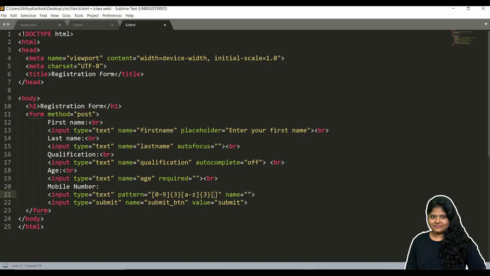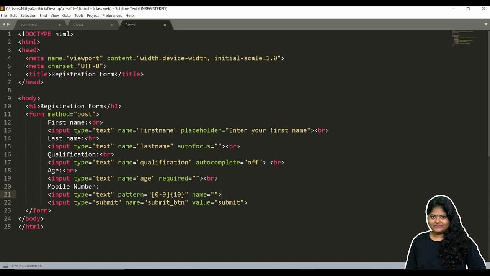Again we can give capital A to capital Z, which should be at least 1. This is the format which can be used for a password. But here ours is mobile number, so let it be like this.